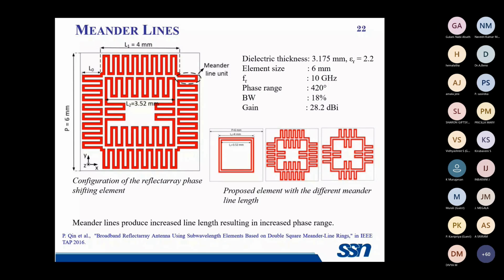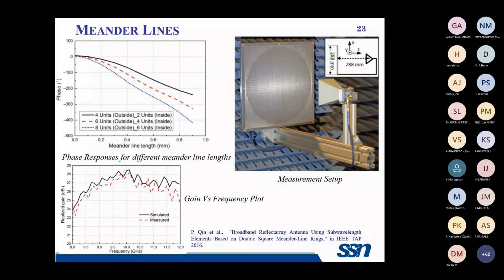They made these variations, and analyzed how much phase range is produced. This is the graph which shows how the phase varies with respect to the number of meander line structures they developed. For the case of 4 units outside and 2 units inside, the black line refers to the phase range, which is lesser. It is very evident from the picture itself that it is a lesser phase range.